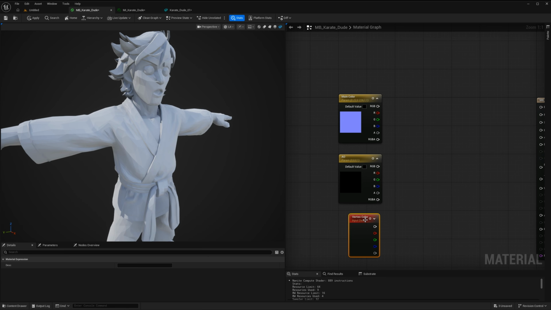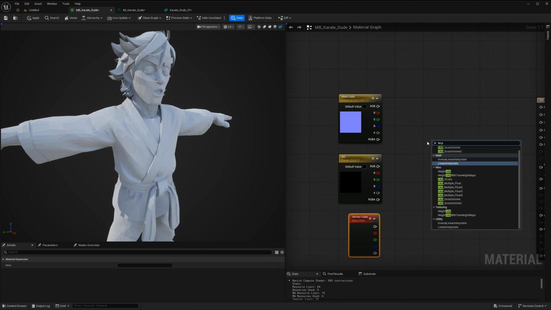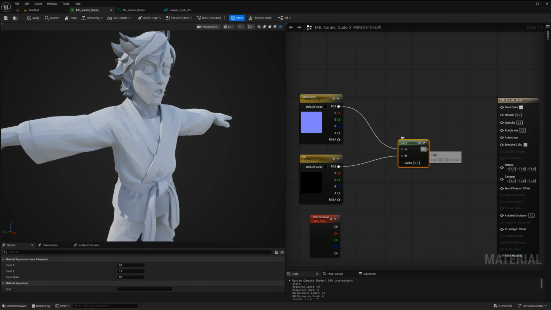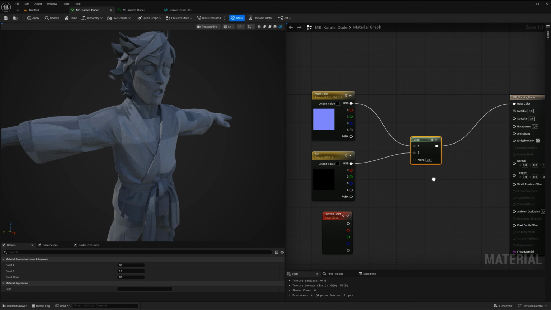Disconnect this one. We need a lerp. Right click, type in lerp, linear interpolate. Don't ask me anything about this, don't know what it means, but this is what we need. So if you plug in blue to A and black to B and then plug this into color,